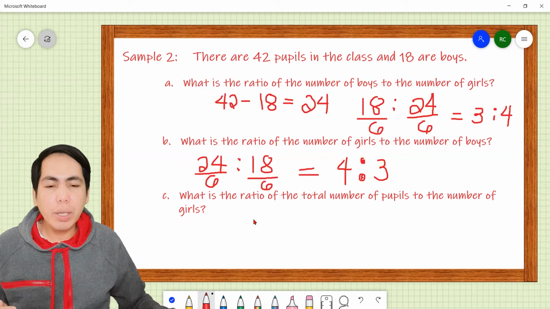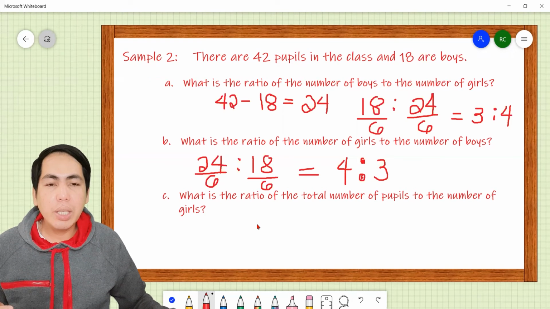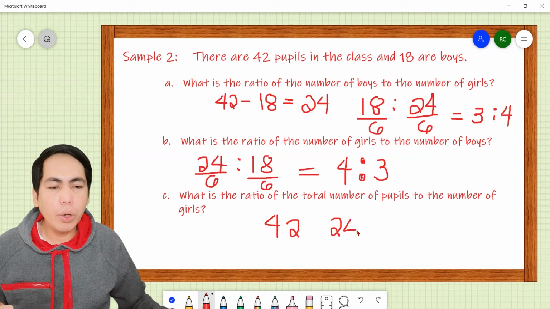And then question number 3, what is the ratio of the total number of pupils to the number of girls? Since we know that there are 42 pupils and the number of girls is 24, so meaning to say that the ratio of the total number of pupils to the number of girls is 42:24. Since both terms can be divided equally by 6, because the GCF of 42 and 24 is 6,